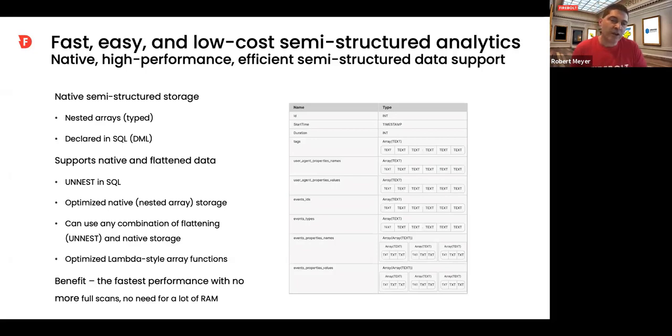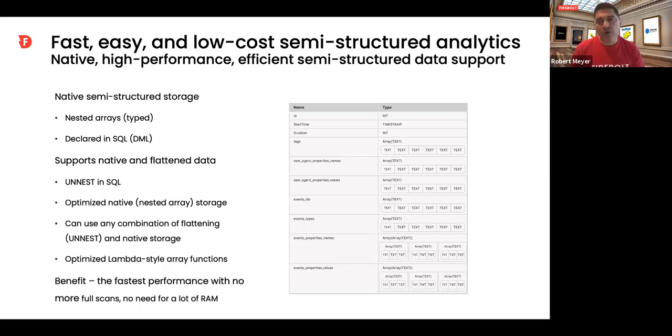And so Firebolt lets you walk it. It allows you to do any combination of unnesting. It's an unnest command in SQL during your ELT, or doing an actual load of the JSON natively into a nested array structure, a native type within the data warehouse.